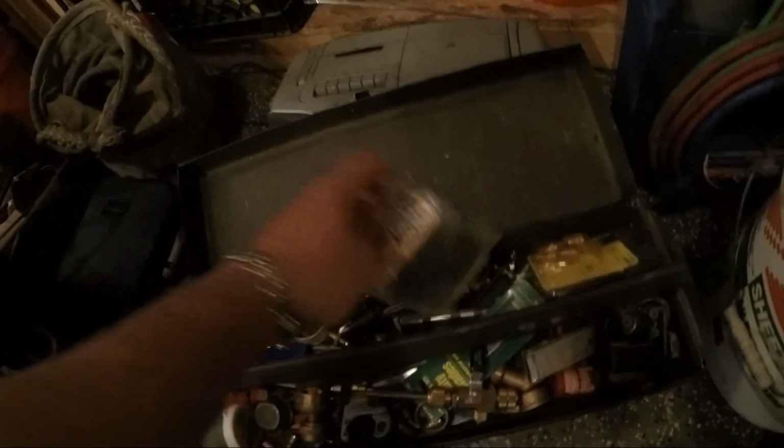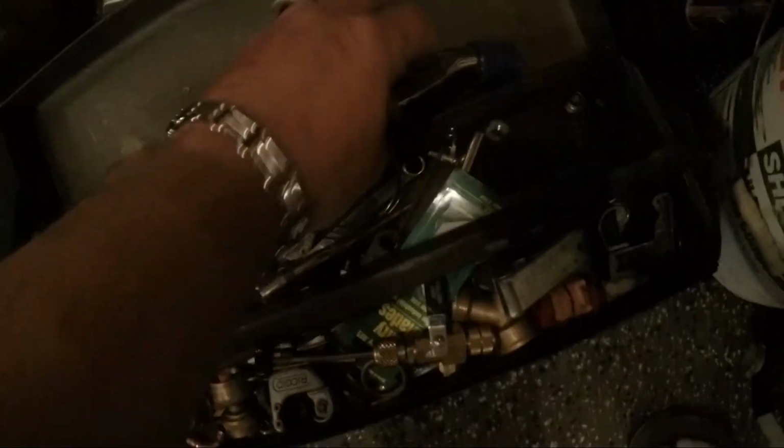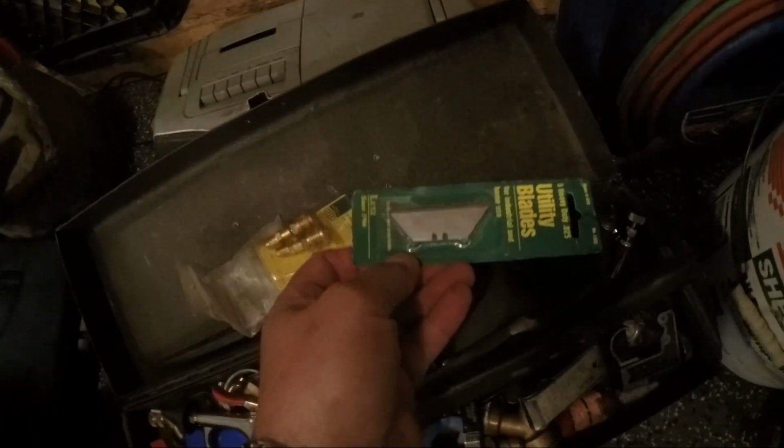It's a fillet knife for cutting insulation. Some caps, flush kit, swedging tool, fittings, more cutters, valve for the flush kit, more razor knife blades, tip cleaners, cutter, lockout tagout,